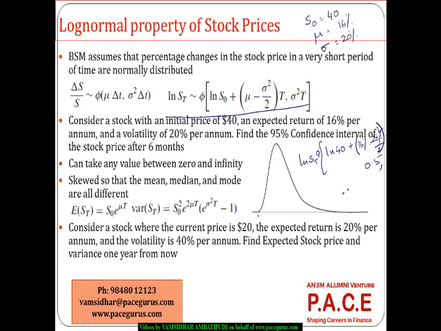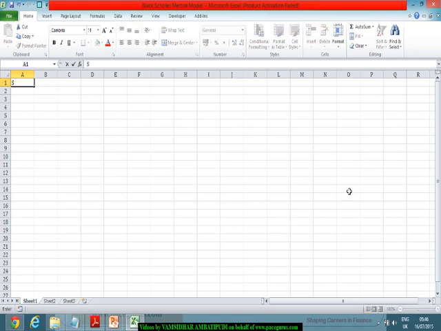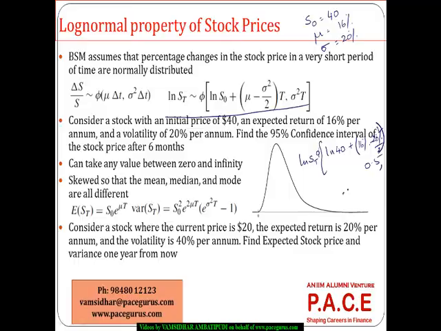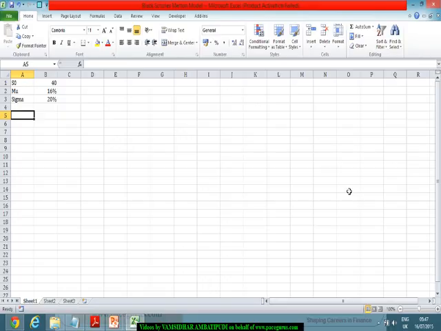Okay, so let's take this. S0 is 40, mu is around 16%, sigma is around 20%. Now if I have to look at log ST, log ST will follow a normal distribution with mean log S0 plus (mu minus sigma squared by 2) times t. So the mean of log ST